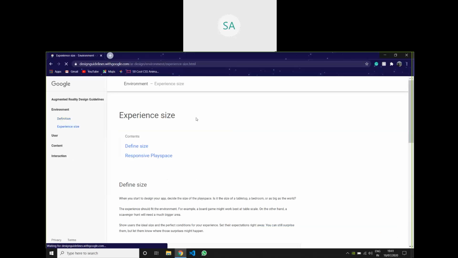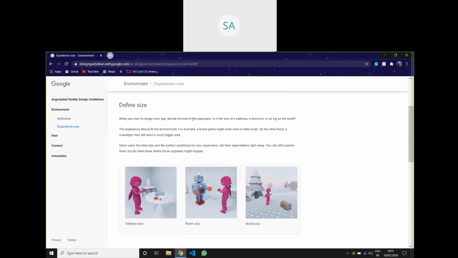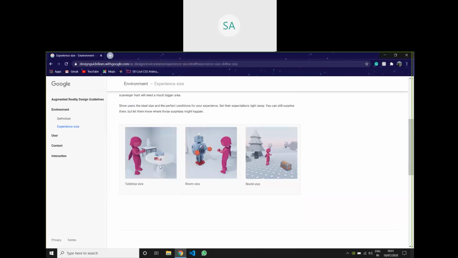When it comes to size, you first need to decide what real-time environment you are going to place the object in. If the object is going to fit on a table, then the size of the object should be very small. You can see this here. If it is on a table, the object's size is very small, and if it is in a room, it is sized accordingly, like the size of a human. And if it is outside, on the ground or somewhere else, see how big it is. It depends on the end product user.